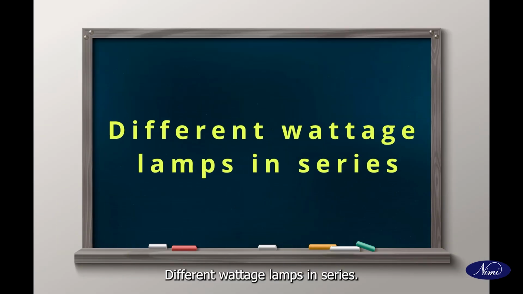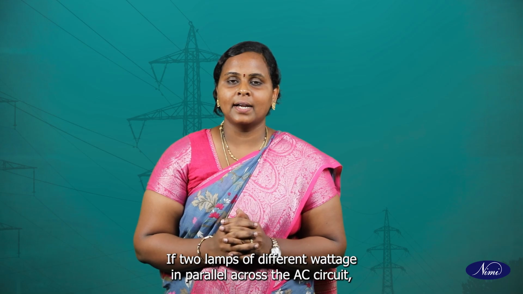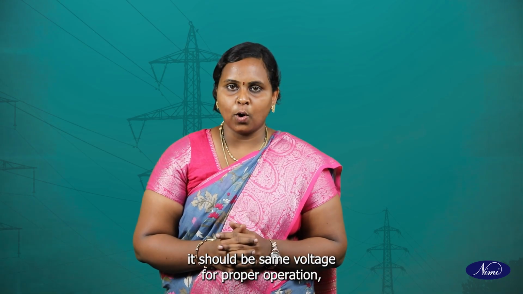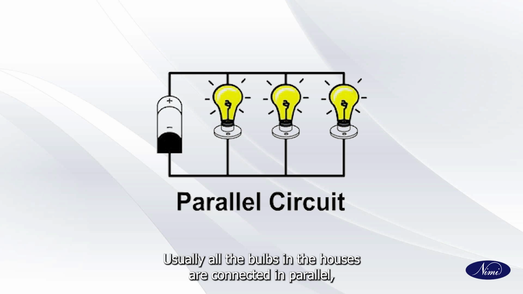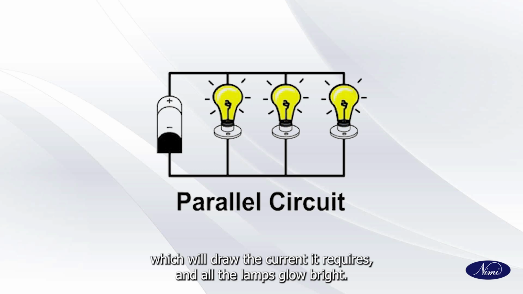Different wattage lamps in series. If two lamps of different wattage are in parallel across the AC circuit, they should have the same voltage for proper operation. But if they are connected in series, they should have the same current ratings. Usually, all the bulbs in the houses are connected in parallel, which will draw the current it requires, and all